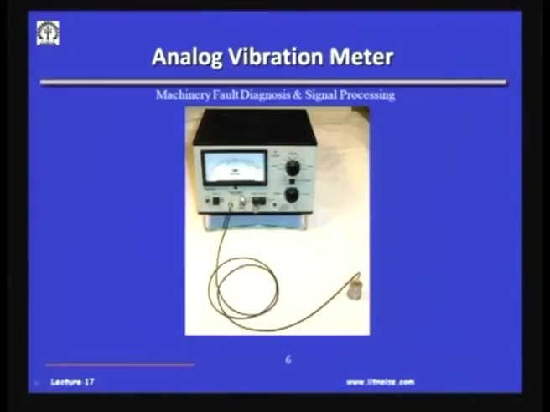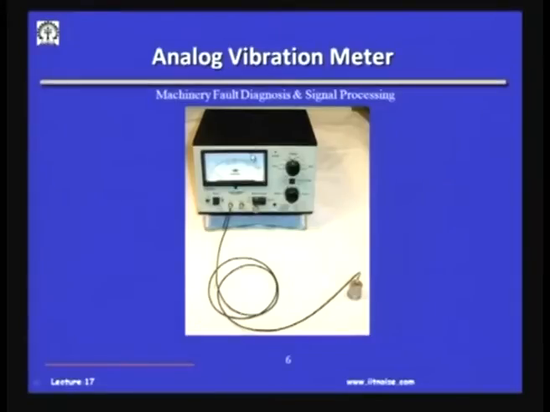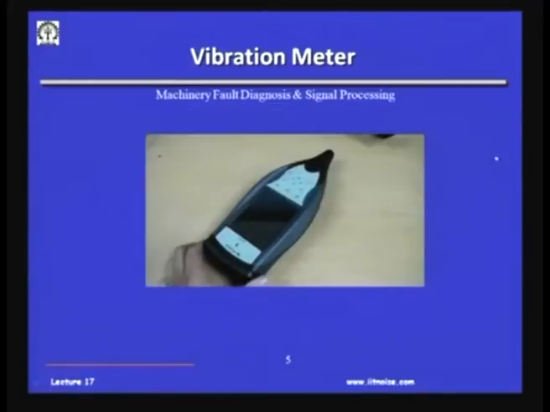All it suffices to say is a charge is produced, and this charge goes into an amplifier wherein the charge is converted to voltage. So, once I have a voltage signal corresponding to the acceleration, all I can do in this vibration meter, there are options whether you want to see the analog displacement, analog velocity, because there are analog filtering units. This is not a digital device, but the device I showed you before is a digital device. So, there is an A to D converter.